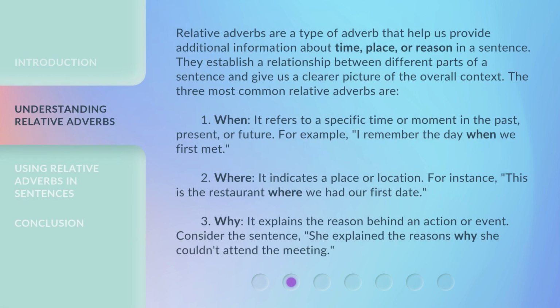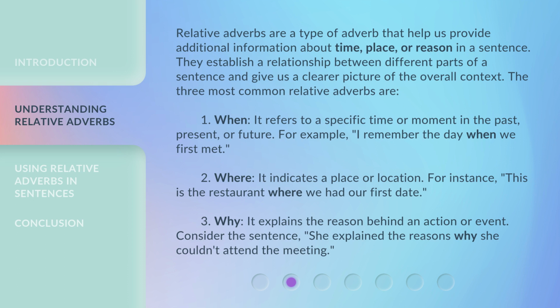Relative adverbs are a type of adverb that help us provide additional information about time, place, or reason in a sentence. They establish a relationship between different parts of a sentence and give us a clearer picture of the overall context. The three most common relative adverbs are: